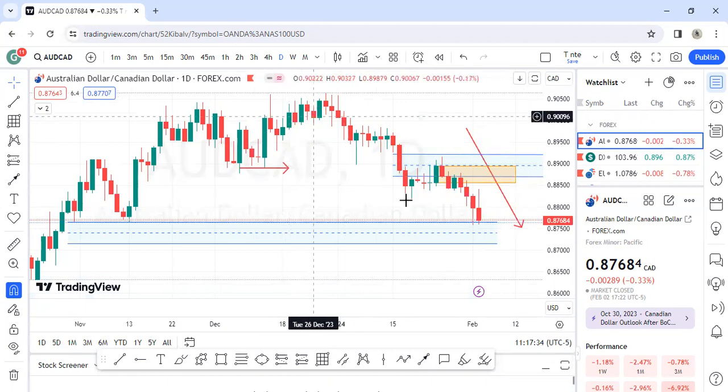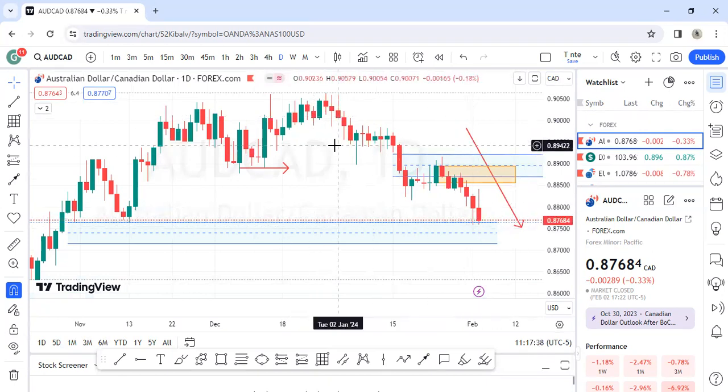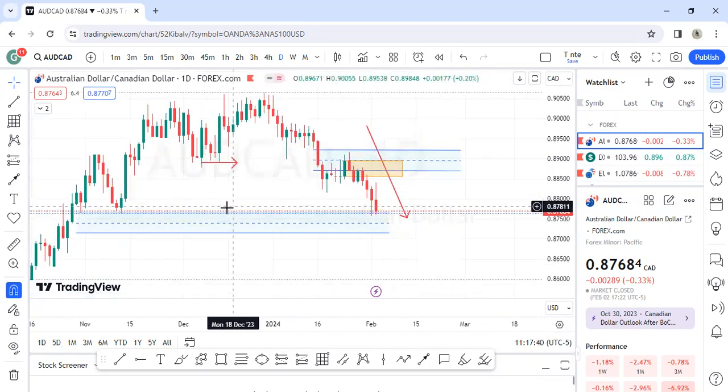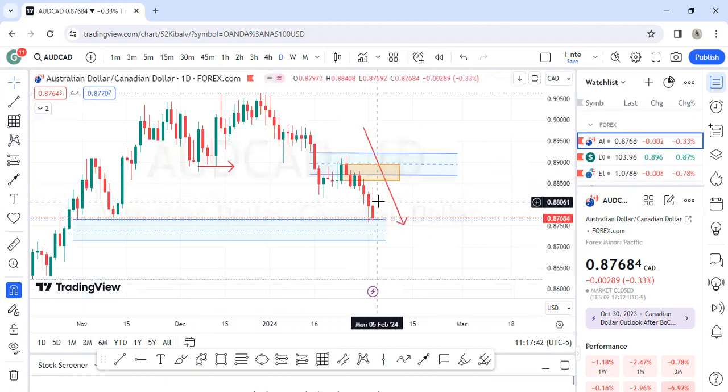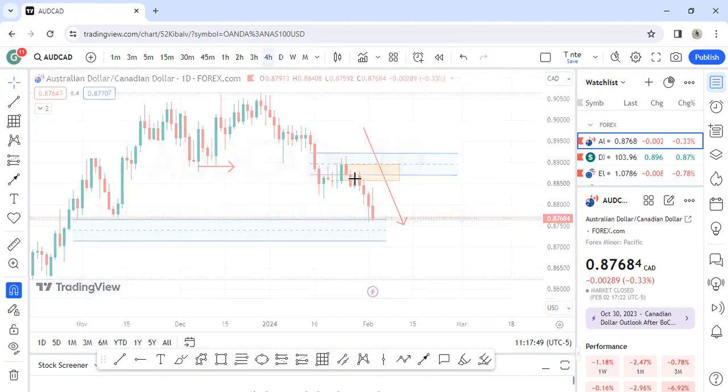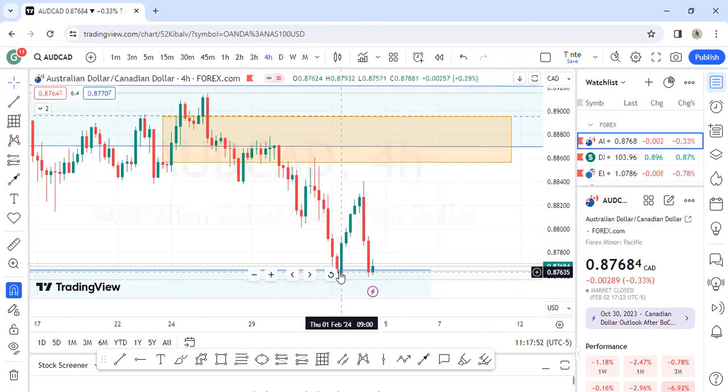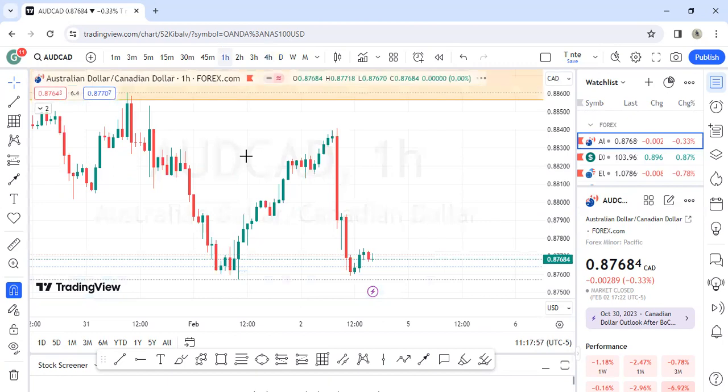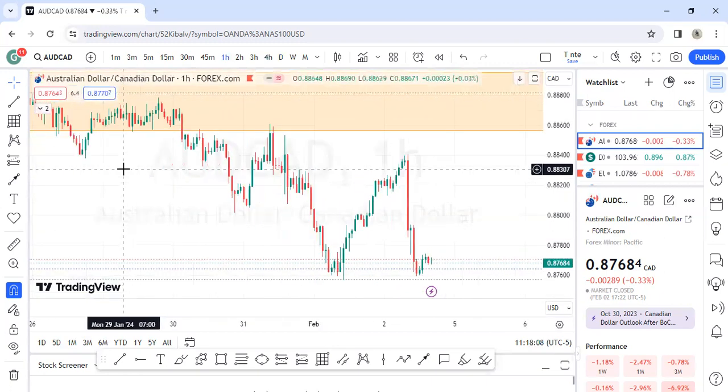All right. So if I go by the structure, we're now at a very deep discount level, right? It's likely that we might see some reversals. So you can start to expect some kind of reversals on this, right? This is a very good deal. So we can start to see some reversals on this, right? Some reversals might start to show up, okay?